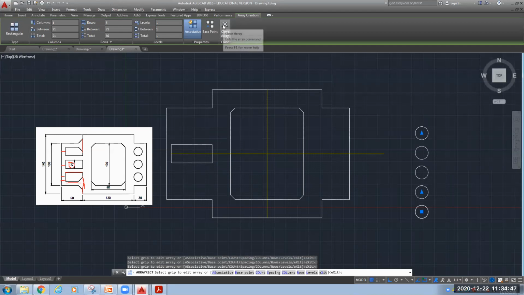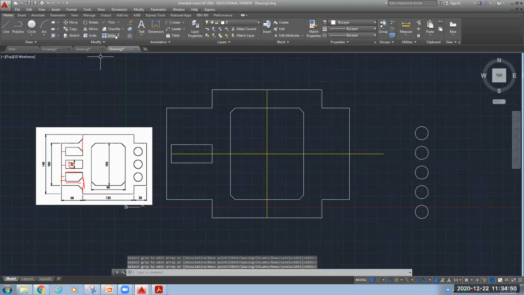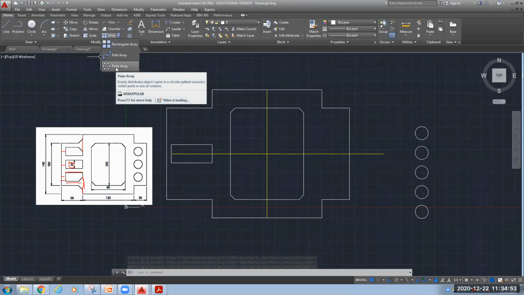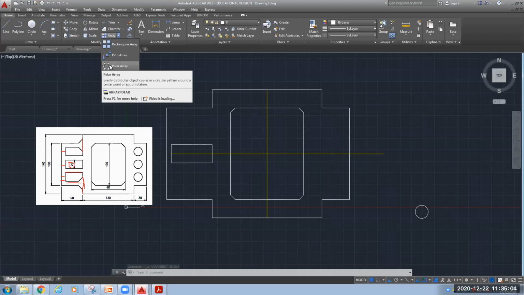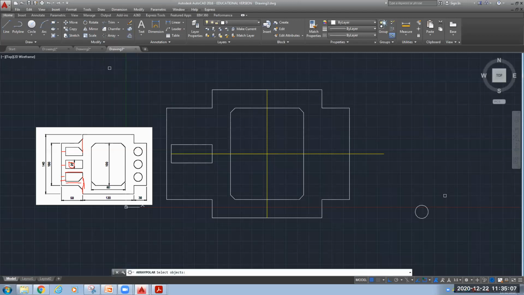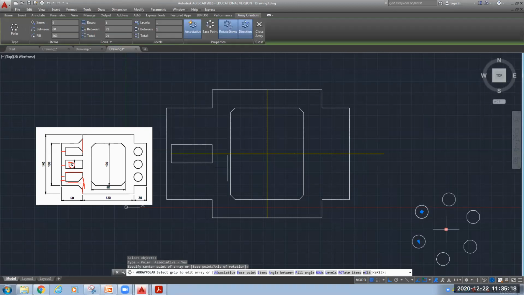Okay. Now I will show you polar array also. Inside this rectangular, there is one polar array also. Okay. So let me first bring one circle, then it will be easier to understand. Now using polar array, you can make it as you can see here in the figure. It will be in a circular pattern. Suppose this is your circle. I have selected that object. Now specify the center point. Suppose I want to make this the center here. So number of items 6. Here you can see 1, 2, 3, 4, 5, 6 circles.